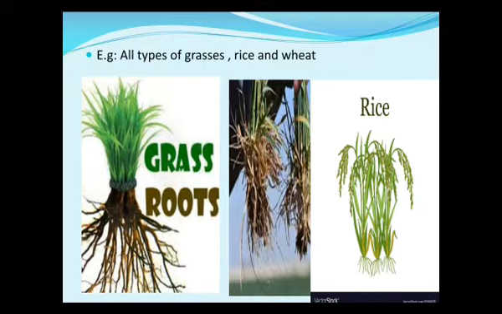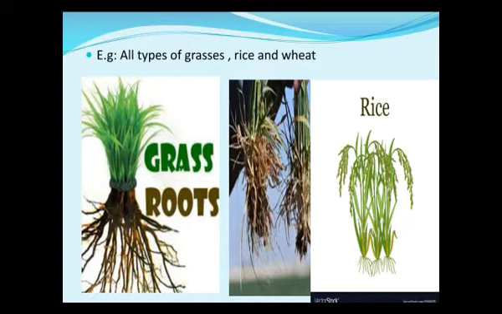But after 3 to 4 days, you will observe the plant of pot A is healthy and growing, whereas the plant of pot B is dying, is not growing. You can determine that it is because of the roots. We have cut the roots of the plant in pot B. So the plant is not able to get the water and nutrients, so it is not surviving. Whereas in pot A there is root, and root is supplying the water and minerals to the plant, and so the plant is growing.